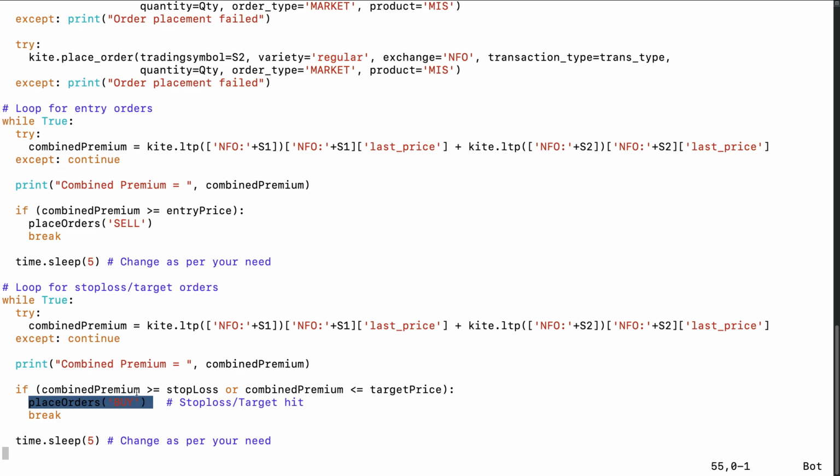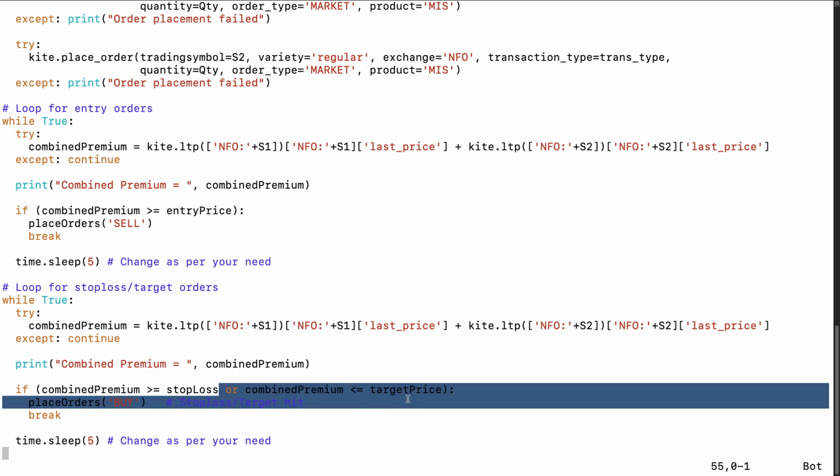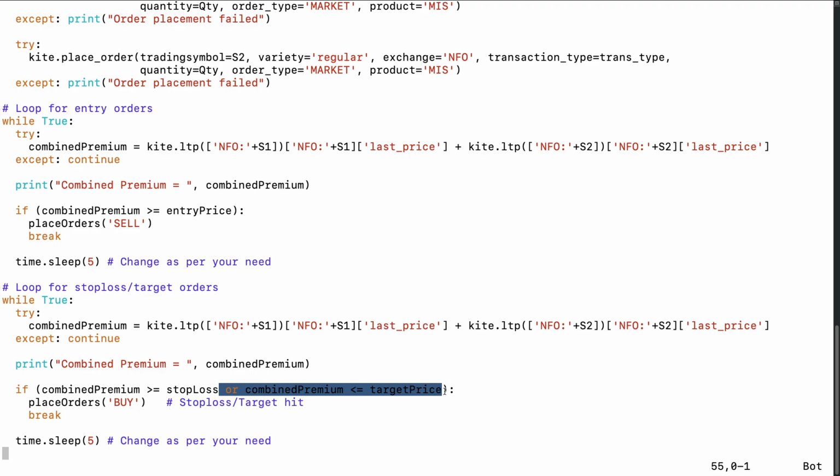At any point, if you don't want to set the target price, say for example you want to just keep this position open till the end of the day, whatever happens, I just want to keep it. There are two ways to do it. One is you remove this code completely, right? In that case, this condition will never be met. Or there's a simpler way.